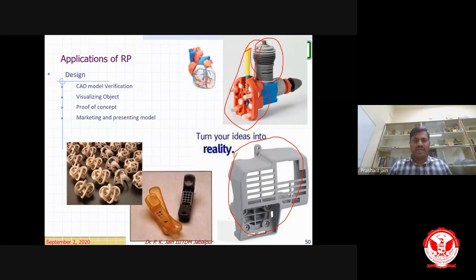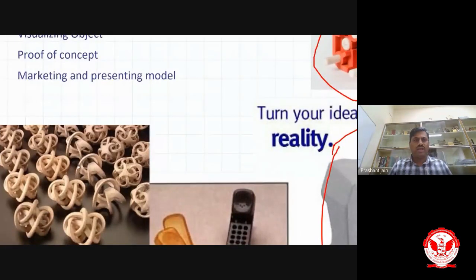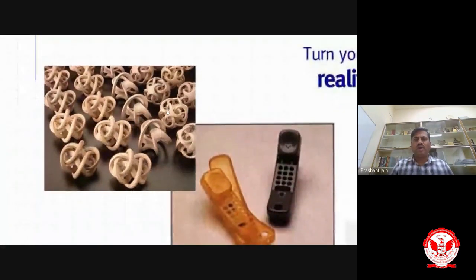Look at this, some mathematical models are there. I have zoomed it. Look at this here. These kinds of models are not possible with any other process, right? You see, a lot of gap is there, so no CNC machine can reach into this point. No EDM or wire cut EDM or any other process can. Only the selective laser sintering process is the possibility. So in this case, this is the only option left for additive manufacturing processes, right?